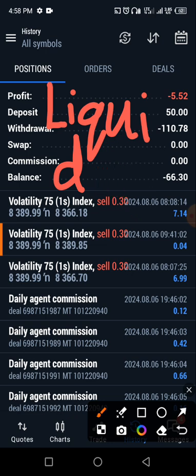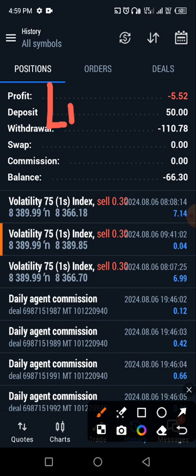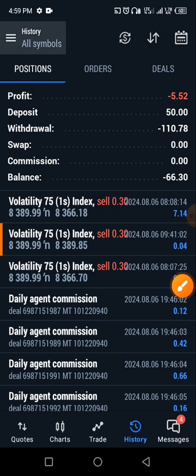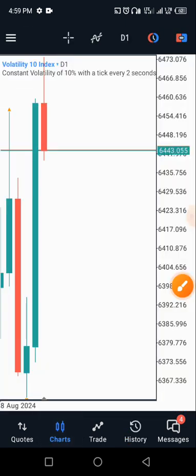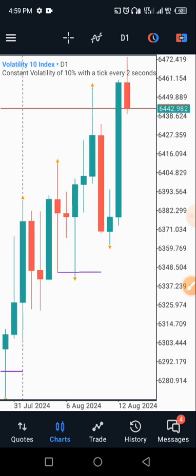This is what a lot of traders make use of in the forex market. If you're able to understand this liquidity concept, then definitely you should be able to take a sniper entry in the market. So how does this